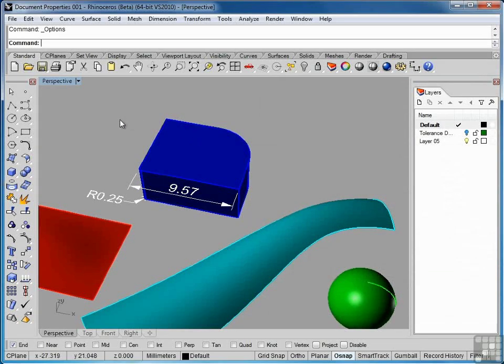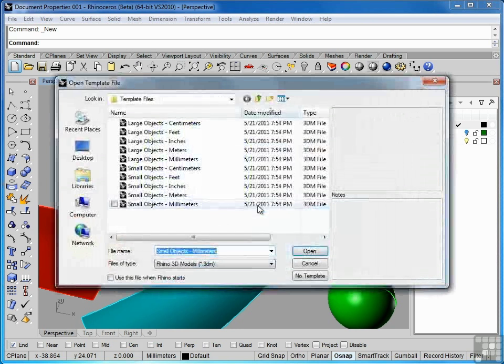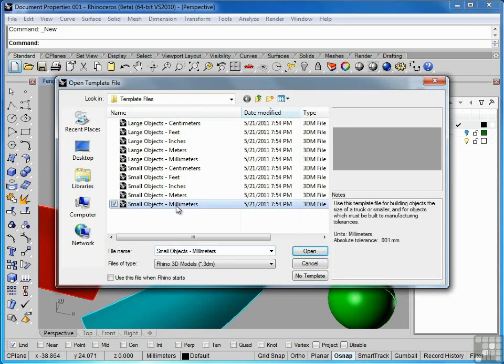As I mentioned when we were looking at the unit tolerances, you want to set that up right from the beginning. And a really good way to do that is whenever you start a file, is to use one of the templates. So let me just go ahead and click on New. I'll just say no to saving changes. And now it's showing me template files. If I click on Small Object Millimeters, which is the one I typically use, you can see under the notes,